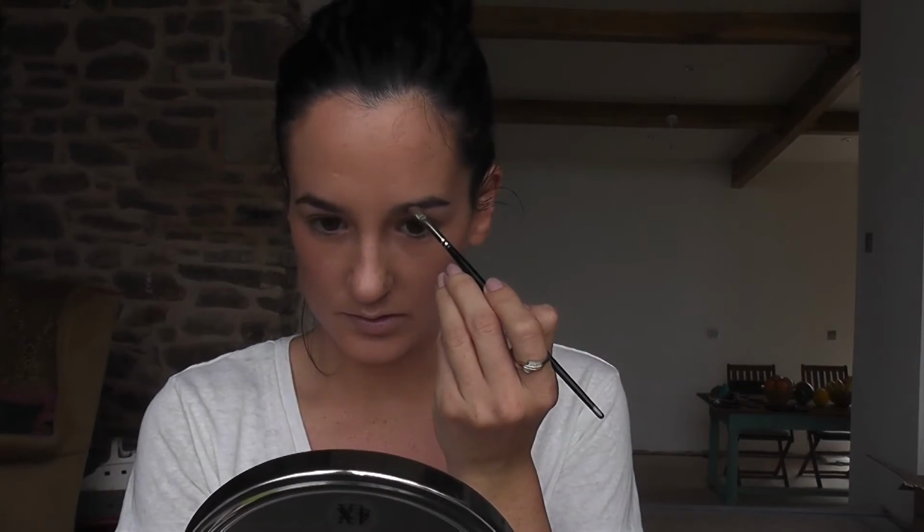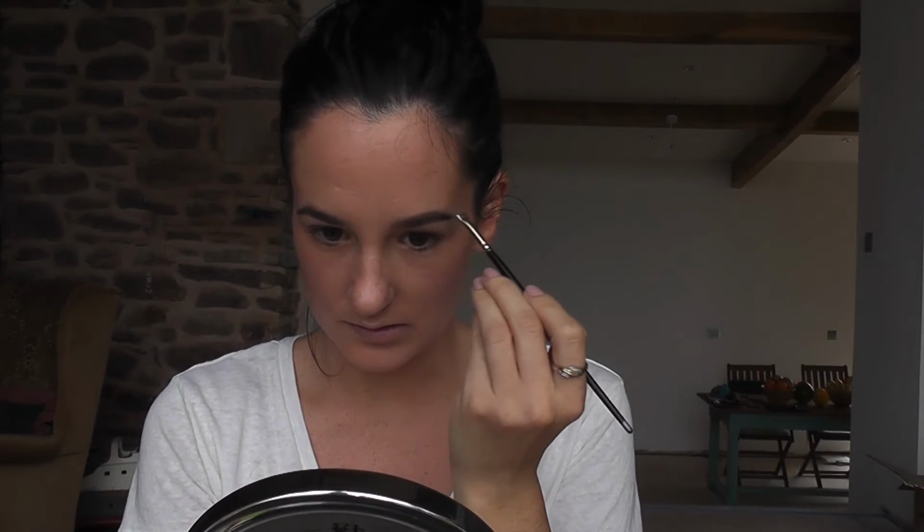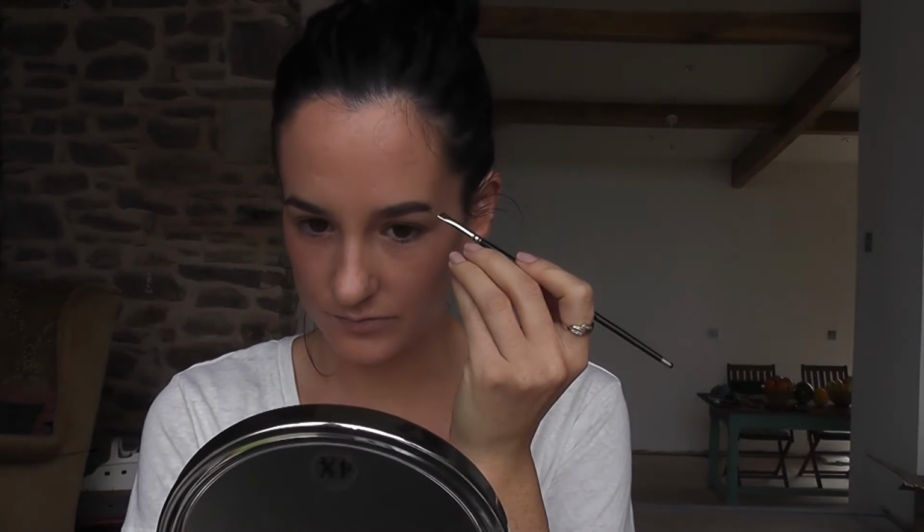Okay, so moving on to brows now. You want to grab your Wendy Hill spoolie brush and just comb through your brows just to get any excess foundation and powder out of the hair, and you want to comb it in the direction in which your hair grows. Then I grab my Wendy Hill eyebrow powder with an angled brush, and how I do my brows is